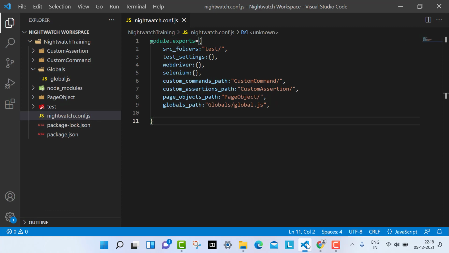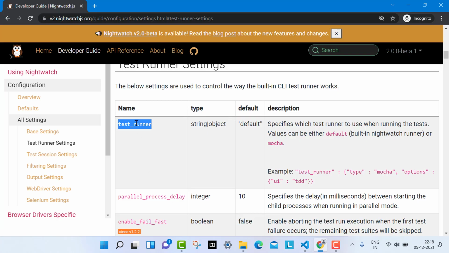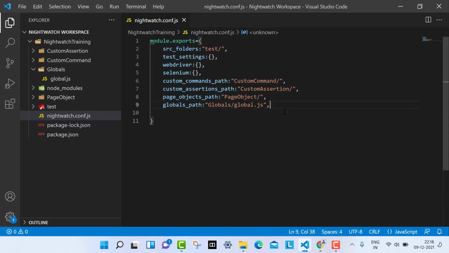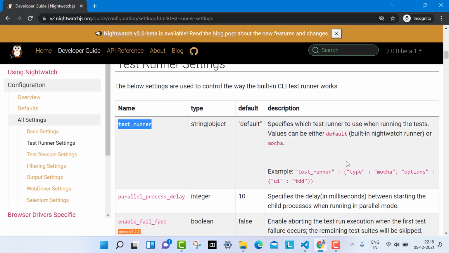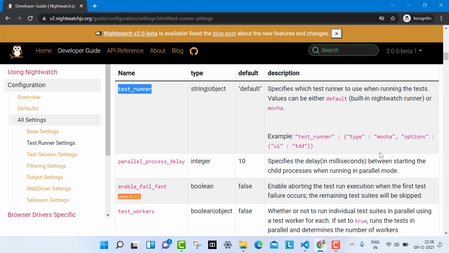What you have to do is copy this test runner part and paste it. As it accepts a string or an object, I'm going to define an object. Right now I will leave it blank, as I don't require anything. By default it is going to use Mocha. Or I can use this whole object, the example they have given.